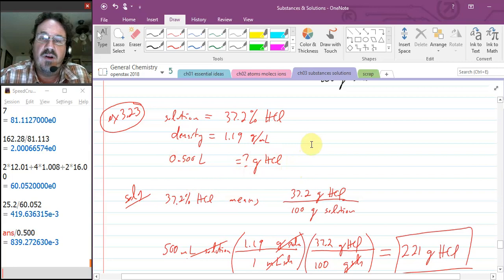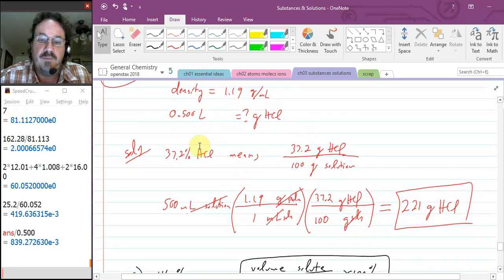Yeesh, where do I even start? This is just a big conversion problem. Let's first interpret. 37.2% means 37.2 grams of the solute, HCl, per 100 grams of the solution. Now that I've interpreted it, I can use that as a conversion between grams of the solution and grams of